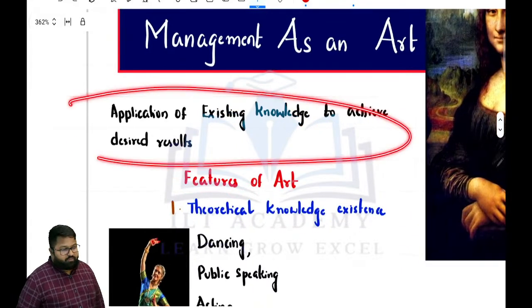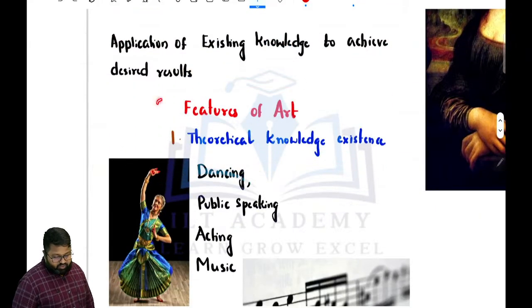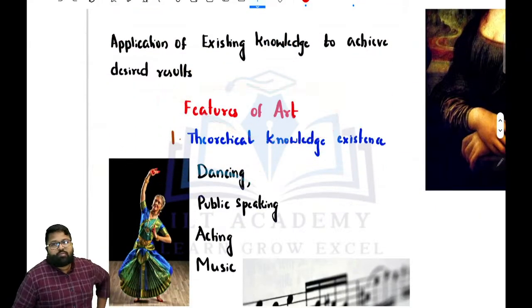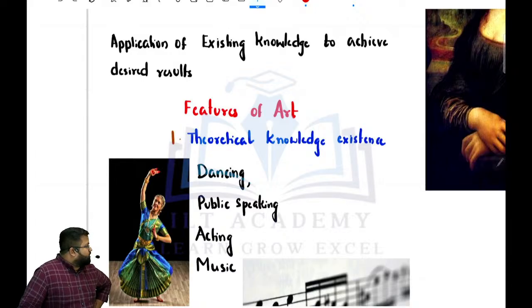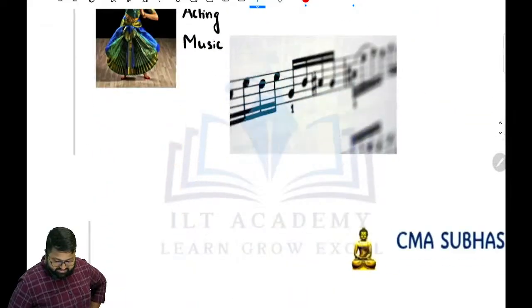Is this point done? Write the heading management as an art as a first point. Under that point you write the next point. And next you are going with the features. What is that point? Features of art. What is the first feature of art? Theoretical knowledge existence. Basically for all these things you should have some theoretical knowledge. Okay, so you can write those examples. And next feature